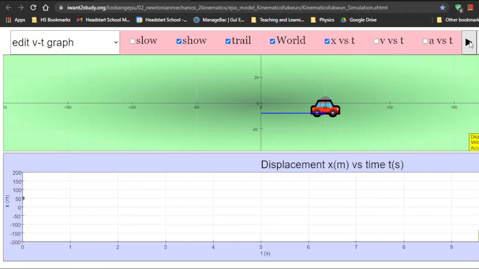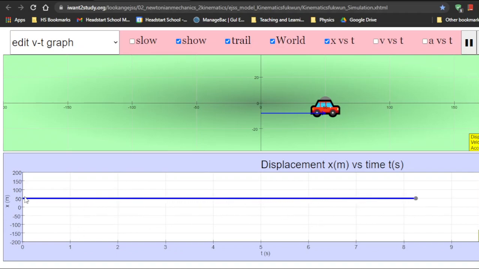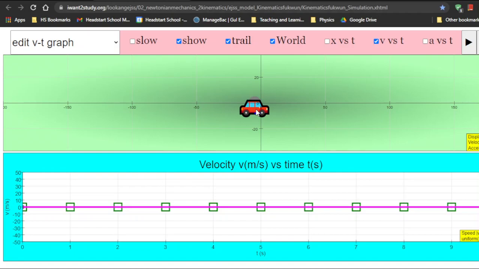When I play this out, you can see that we get a similar kind of graph. The only difference is that this time the position represented by x stays constant at 50, whereas earlier it remained constant at 0. Let's try one more time, and this time I will drag the car to the